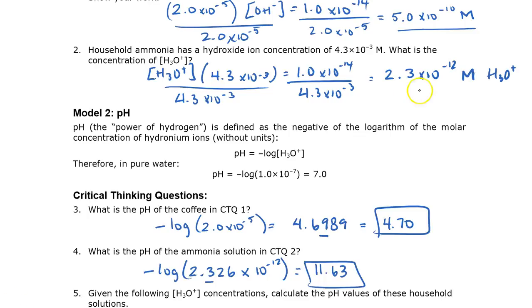Alright, so this time I did have the hydronium calculated on number 2 as that answer, but in order to not introduce rounding off error, I went back to number 2, redid this math, and carried that out to more decimal places. So I have 2.326 times 10 to the minus 12, and then I get 11.63, which has 2 significant digits. Only the 2 after the decimal place count as significant.